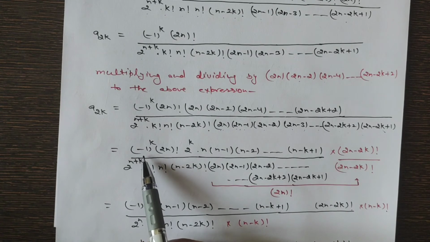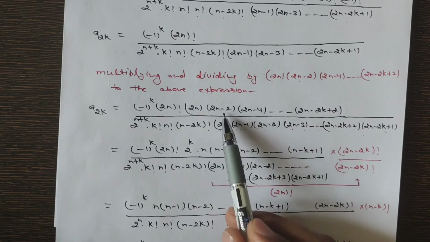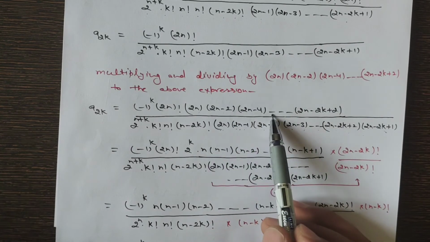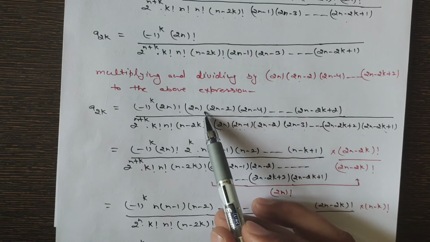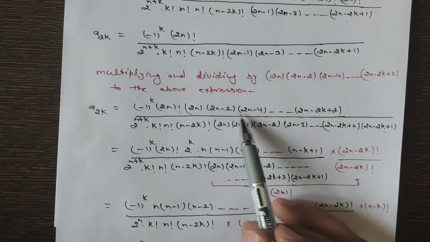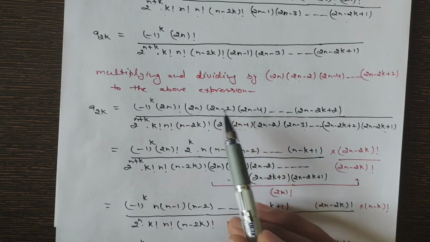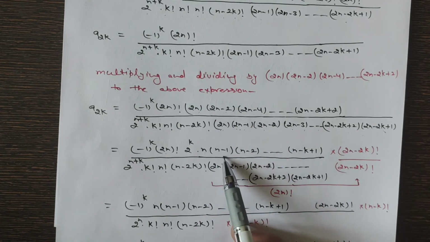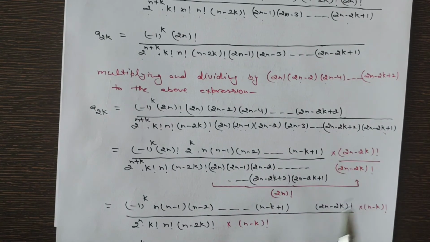In the numerator there is minus 1 raised to power k, 2n factorial, and these terms 2n, 2n minus 2, 2n minus 4 up to 2n minus 2k plus 2. So these are alternate even terms. If I take 2 common from each term, how many powers will there be? As these are in total 2k terms, but they are only even terms, the resulting number of terms will be only k. So 2 will be common from each, and we will have 2 raised to power k, and the remaining terms will be n, from here n minus 1, from here n minus 2, and from here n minus k plus 1.